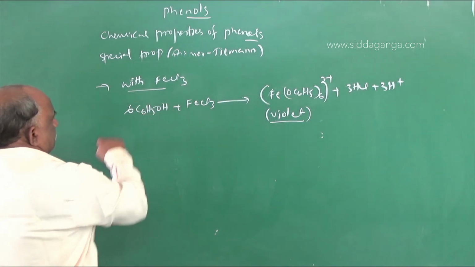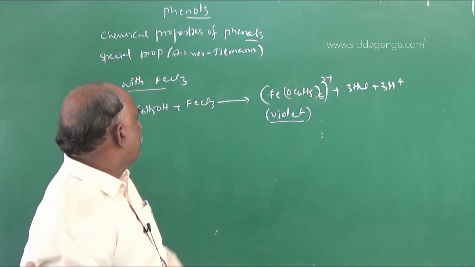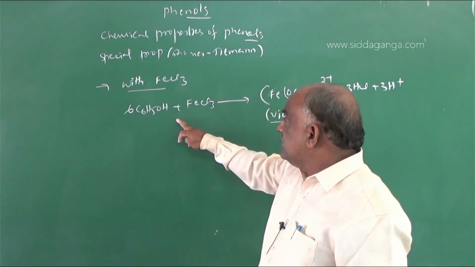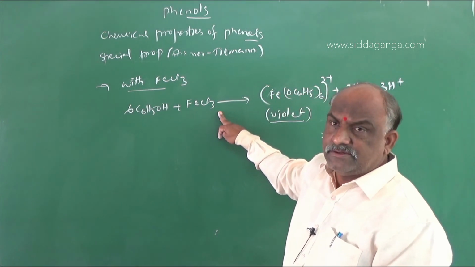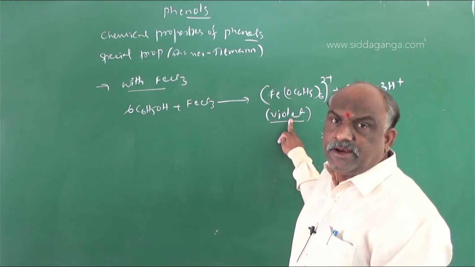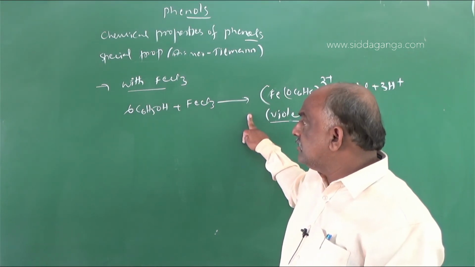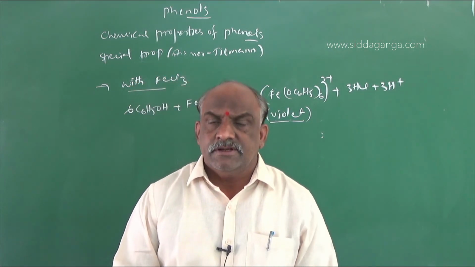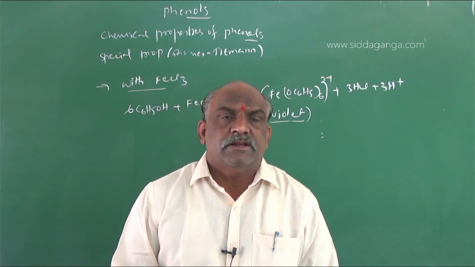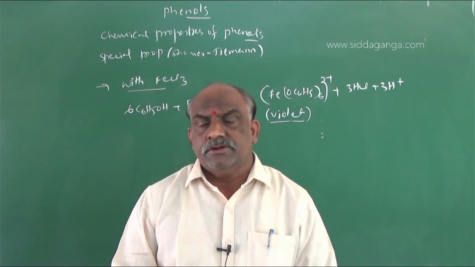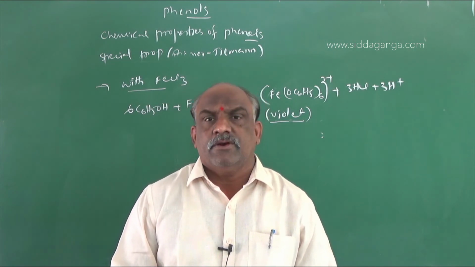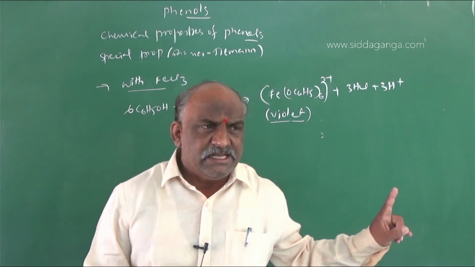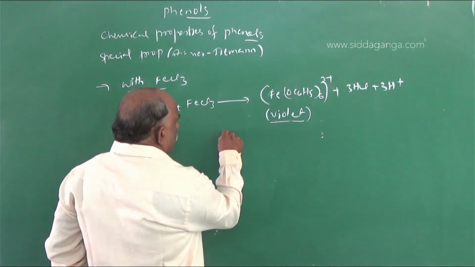Phenol treated with neutral ferric chloride gives rise to the violet color based on the functional group. With this functional group we can separate alcohols and phenols. Alcohols cannot give such a test; alcohols do not react with neutral ferric chloride solution. Phenols react with neutral ferric chloride to give the violet color due to the presence of the enolic group, C double bond OH.